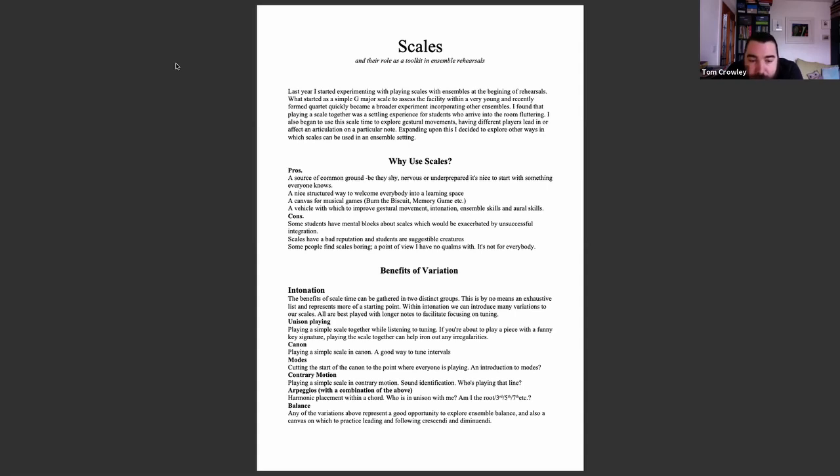So just run through them really quickly. Unison playing, just playing a simple scale together while listening to tuning. Or later on with a slightly older group, if you're about to play a piece with funny times or a funny key signature, like F sharp minor or something, playing the scale together before you embark upon the piece can help